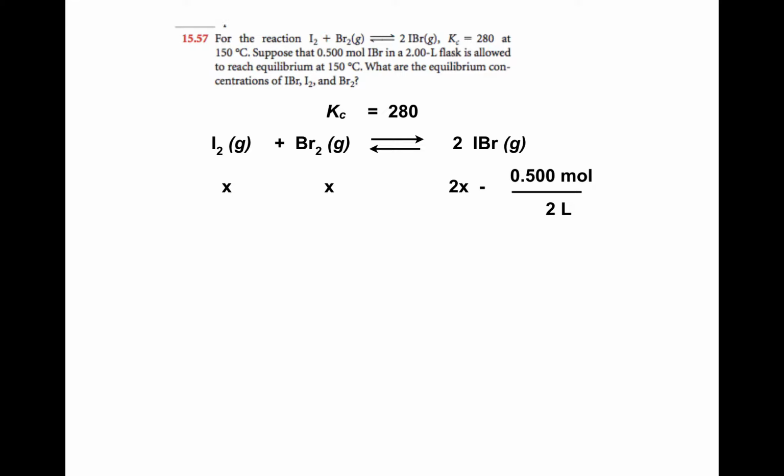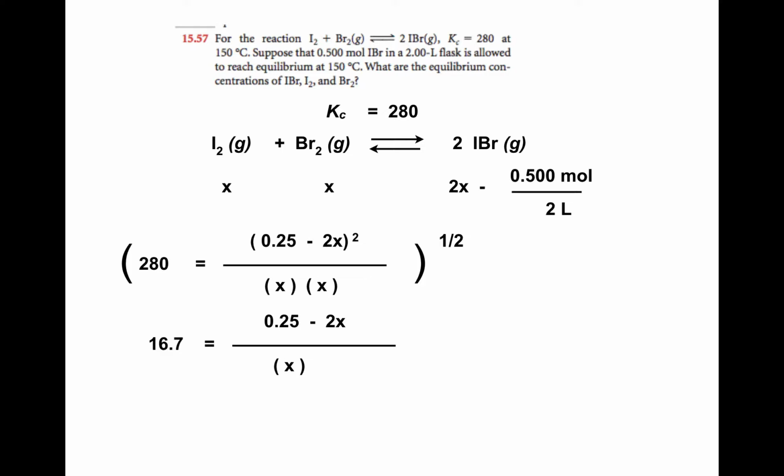So I plug these concentrations into the law of mass action. Concentration of the iodine bromide raised to the second power, divided by the concentration of X times X, is equal to 280. All right, in a situation like this, we want to try to not solve for a quadratic, right? So if I take the square root of both sides, this will make this easier to solve for. I can now multiply both sides by X and collect terms